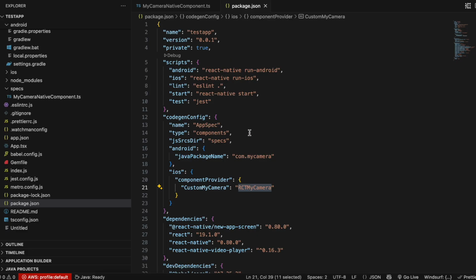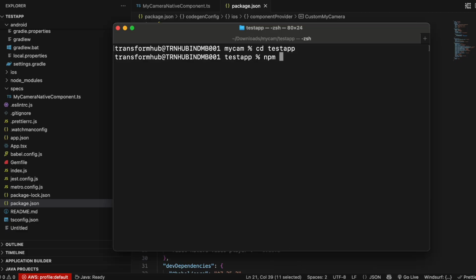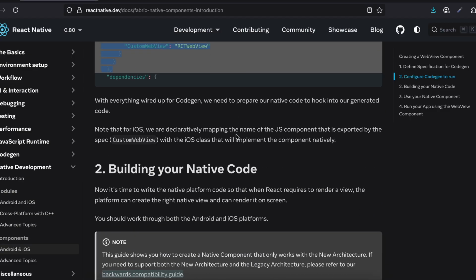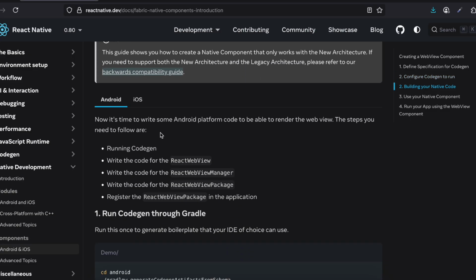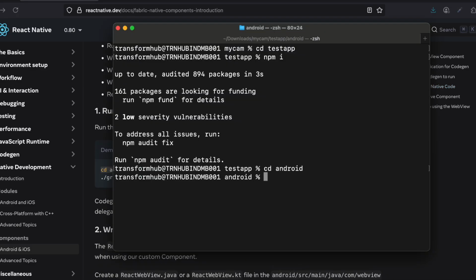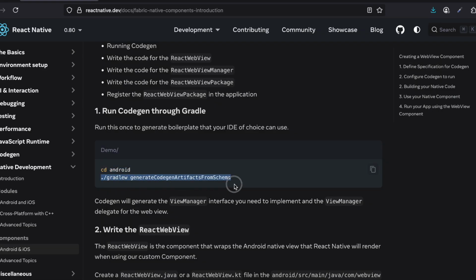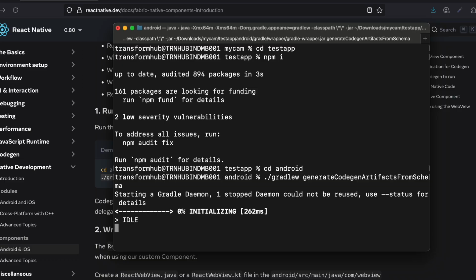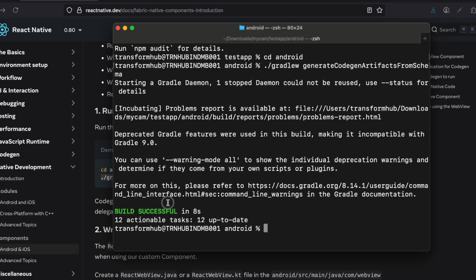Now given that we have changed the package.json file, we just need to install the dependency using npm install. This step is not given in the documentation, but I think it's better to do it, otherwise we will face unnecessary issues. Now we need to run the code generation command, so we are only doing it for Android. You can just copy this command, paste it over here, and then run this particular command. I have already run this command, so it will be pretty quick for me, but if you are doing this for the very first time, it might take a bit of time, like 2 to 3 minutes depending on your machine. So just be patient. Here you should see build successful at the very end. Once this is done,